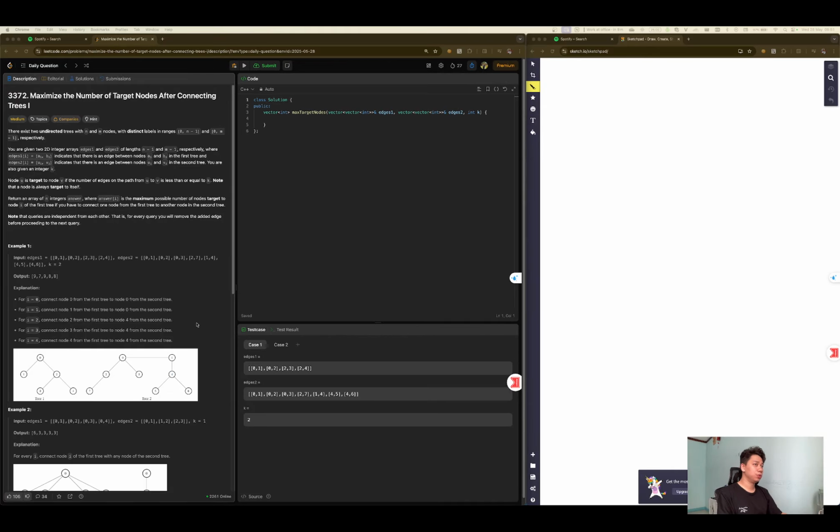Hello guys, today we will solve a medium problem that is mathematical: number of target nodes after connecting trees. The version one is about a graph problem, and maybe there's a version two harder than this. Okay, let's dive into this problem. The statement gives us